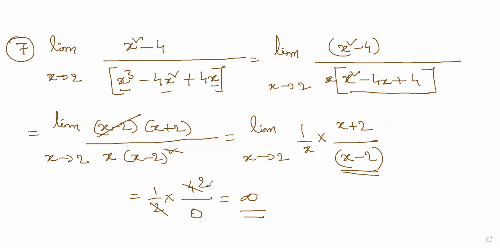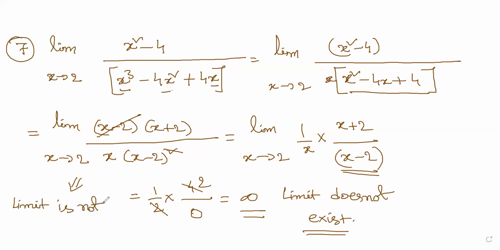So we will say that limit does not exist. For this case, we'll say that limit does not exist. When you are getting the infinity forms, limit does not exist because it is not defined. This is a case where limit is not defined, so it does not exist. Can I write this down quickly? So this is how we give the answer. Yeah, please note it.